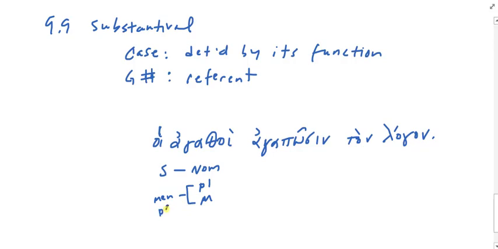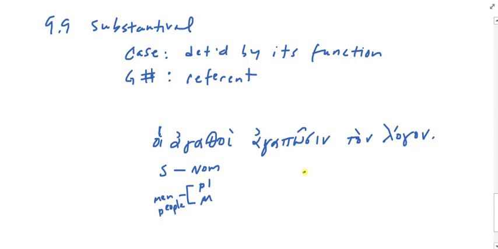Or people. Now, how am I going to translate a substantival adjective like this in such a way that maybe I reflect the plurality? Because if I just say the good, in English, we don't add an S to the adjective to make it plural, do we? If you say the goods, you've turned that into a noun. Give me the goods, right? So how might I reflect the plurality and maybe even the masculinity of this substantival adjective here that's functioning as the subject?